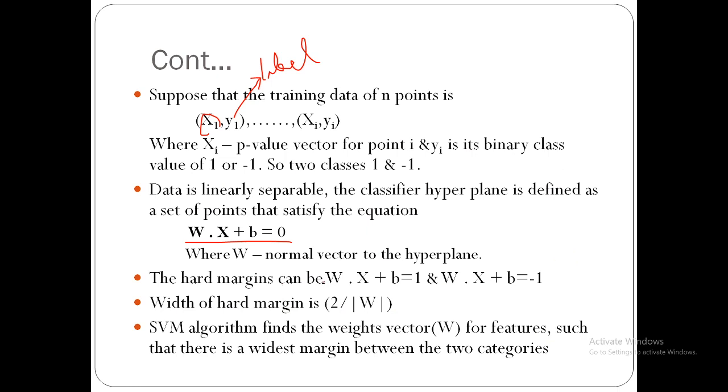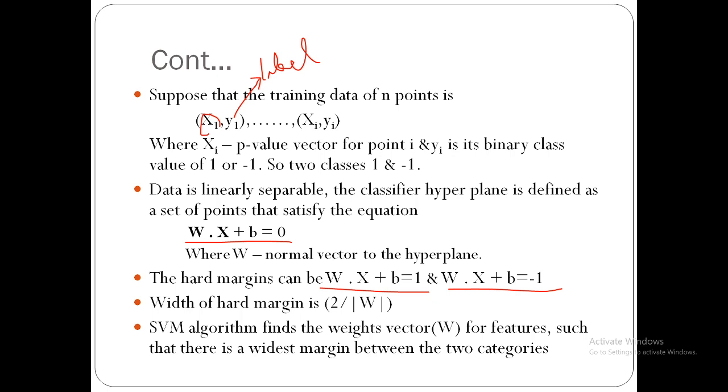These are the hard margins. The hard margins at both ends are boundary points. One is +1, another one is -1. See, the width of the hard margin is going to become 2 divided by the norm of w. For all points not on the hyperplane, they will be safely in their own class. Thus, the y value will have to be either greater than 1 or less than -1.